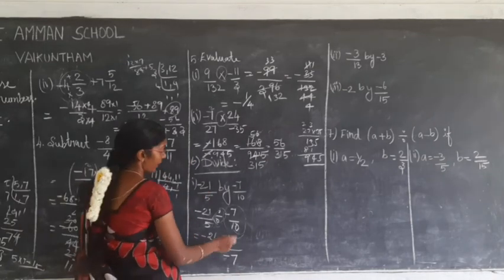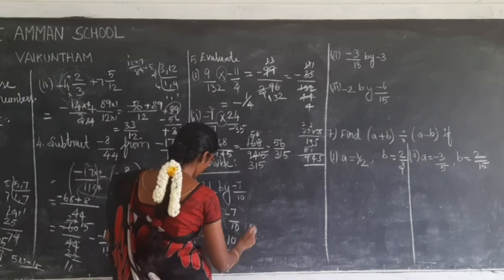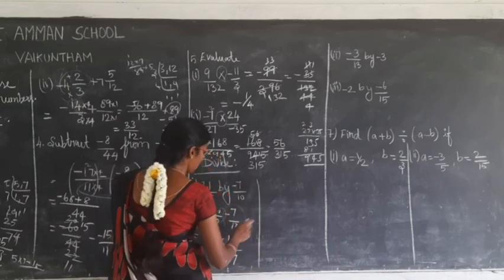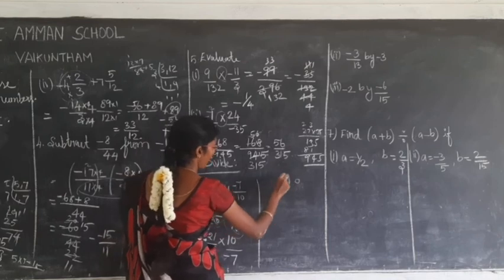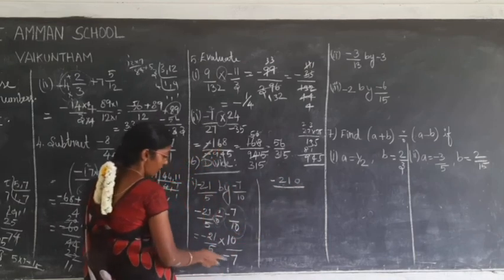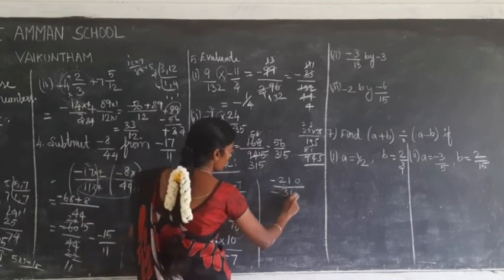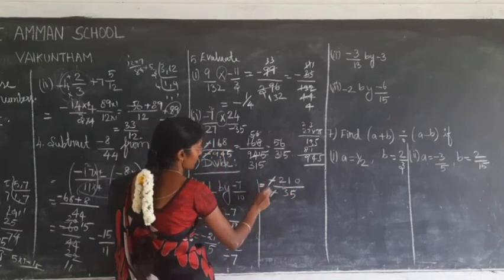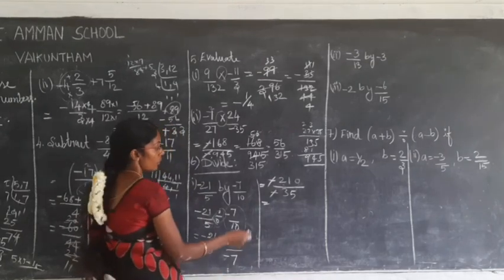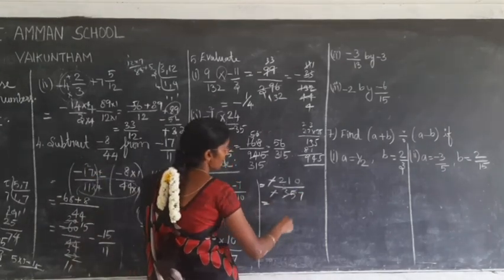Okay, if it is a product, you can directly multiply. What is it? So 20, you can put 0. So 21 into 1, 21. So the minus symbol. And 5 sevens are 35. So plus into minus, minus. So this minus and minus get cancelled. Okay. So fifth table, 7 5s are 35.